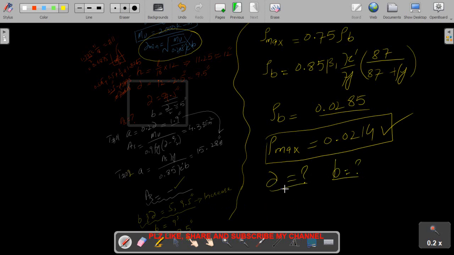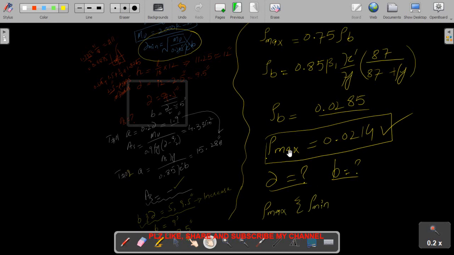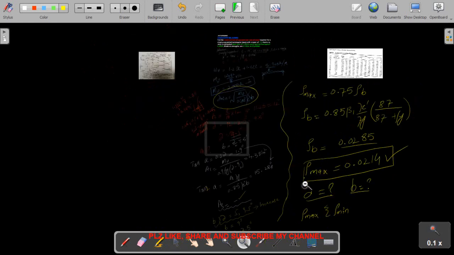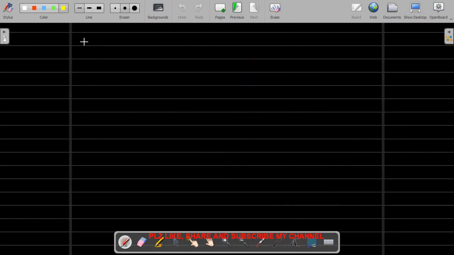Now this D will be the ultimate value. It will give me the limiting value, because if I use rho max and rho minimum, in which equation, let me write down the equation. We know the equation which we previously used in example 01 prime. So we know this equation, and if I use rho minimum,